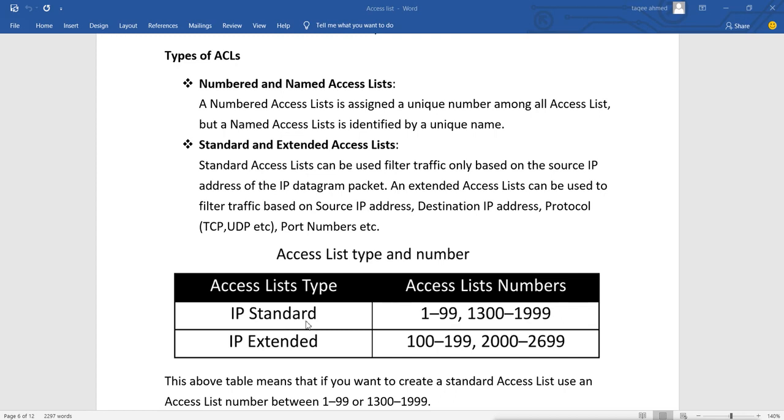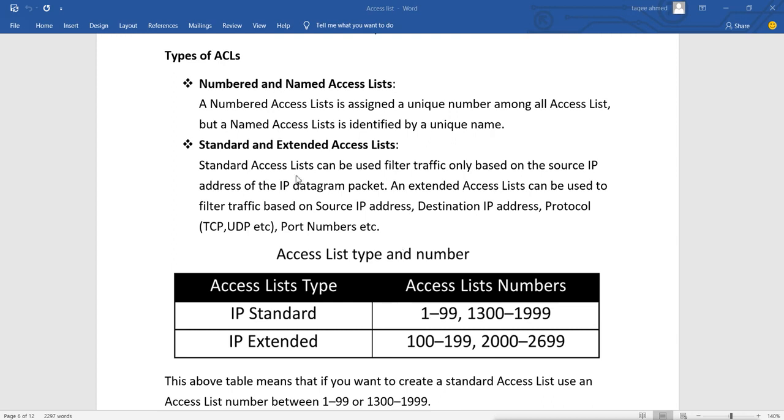And if you use a number from 100 to 199, or the extended range 2000 to 2699, the router will automatically detect that you want to create an extended list. Otherwise you can give the name directly.